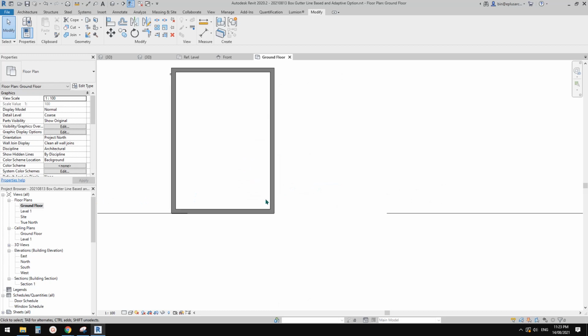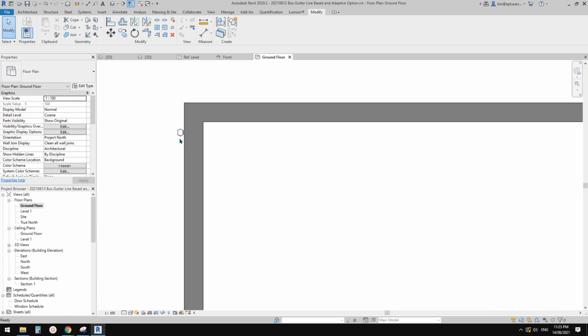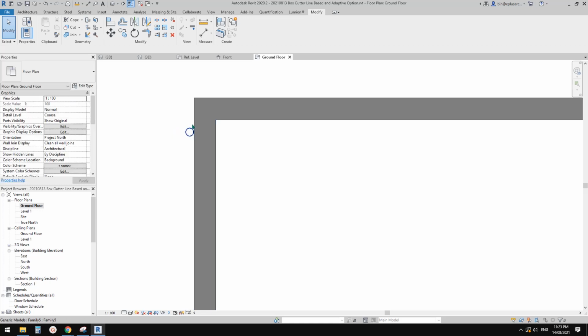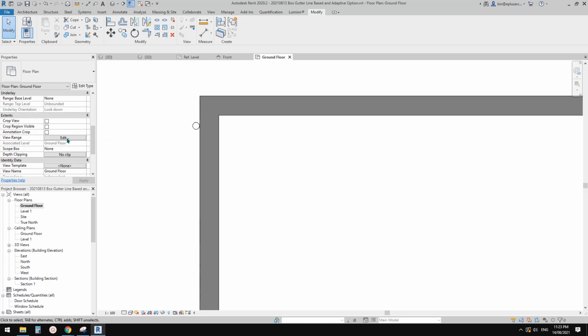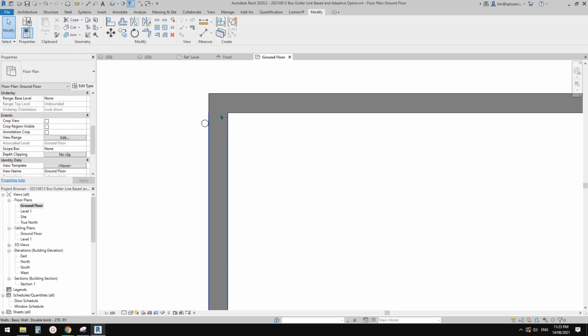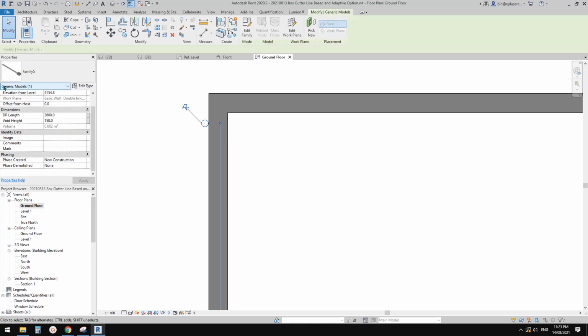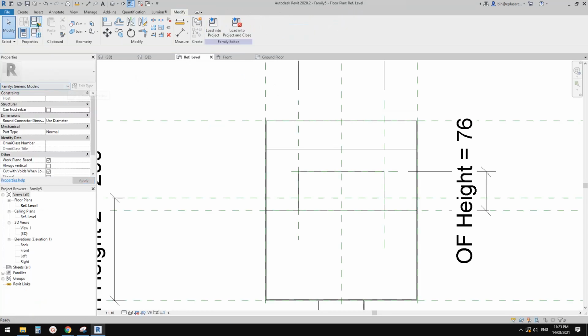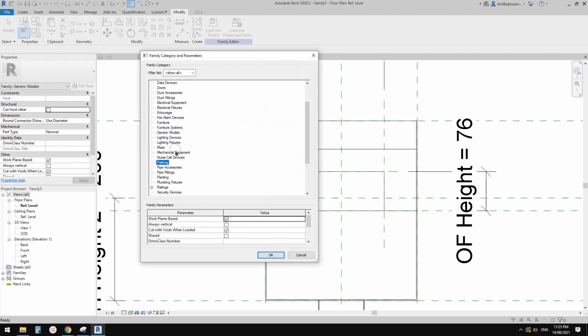On the ground floor, you will see this is the gutter. You won't see the rainwater head because the cutting plane of this view range is lower than that rainwater head, so you're cutting the down pipe. This is because this is a generic model, it's cuttable. And if you change this to a plumbing fixture,